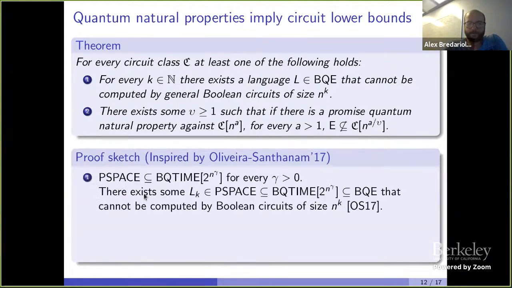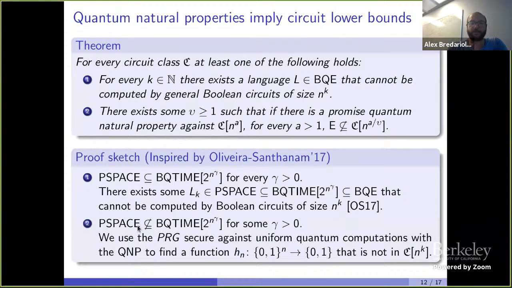The idea of this result is that we showed this by a win-win argument. In the first case, let's assume that PSPACE is in BQ-time 2 to the n to the gamma. Then by their result, we can show that there exists some language in PSPACE that is included in BQE. This is directly from Oliveira and Santhanam. The most interesting part is showing that if PSPACE is not in BQ-time 2 to the n to the gamma,